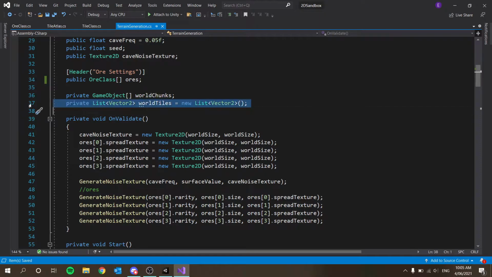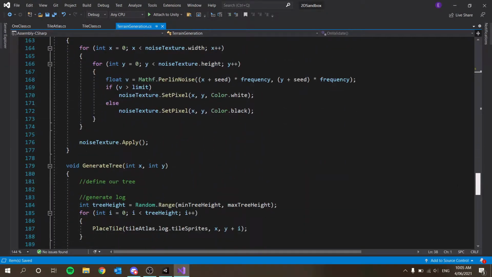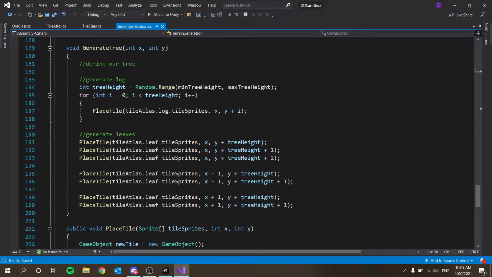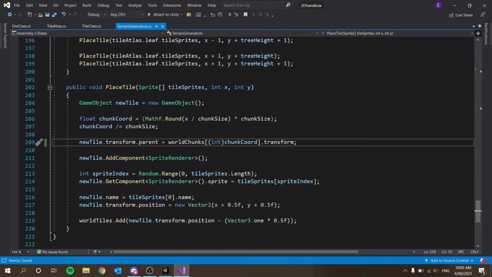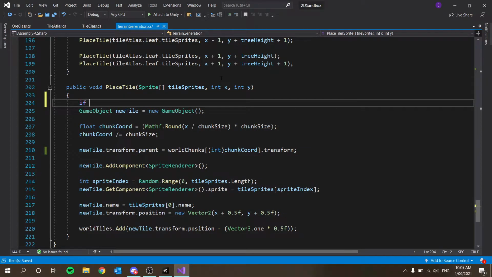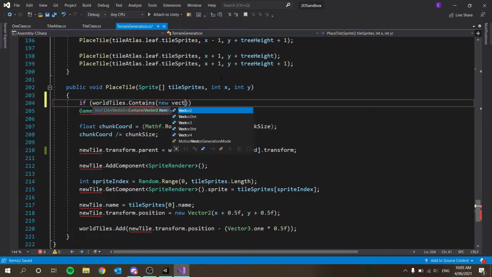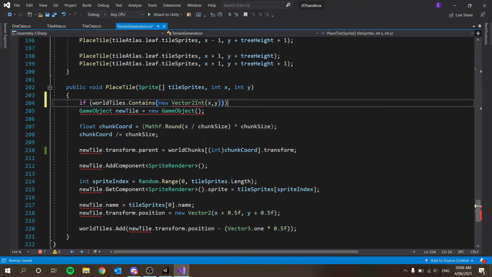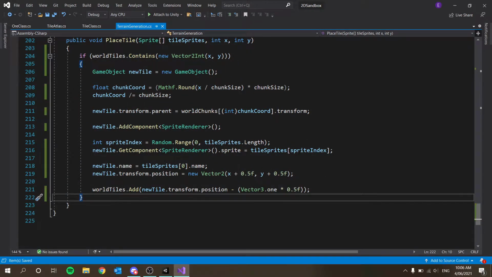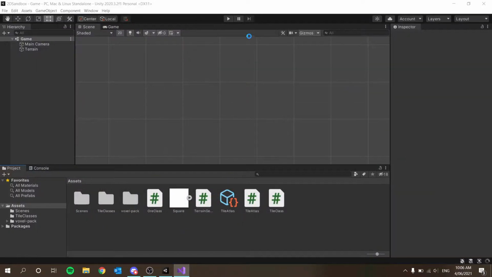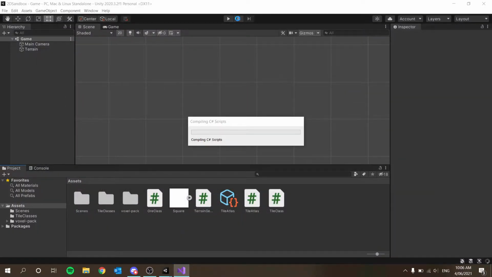So this list contains the position of every tile in our world. So all we have to do is, before we place a tile, we just have to say, if that script contains that position of the tile we want to place, then don't place a tile. So let's delete that empty line. The way we're going to do that is right here, place tile. We're going to say if world tiles, I believe it's called, dot contains new Vector2. This should probably be int, new Vector2Int, yep, x and y, open bracket, and then close bracket at the very end. Cool. If we save that now, technically the terrain should generate the exact same way,